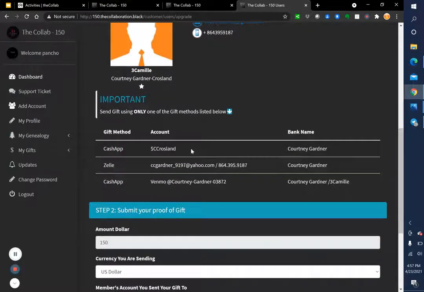Now, this person also added their 3 ways that they'd like to be gifted: Cash App, Zelle, and then there's an additional Cash App account. Oh, she added Venmo. Okay, that's fine. Either way, you just want to really pay attention to details so you know who you're sending your gift to so you can cross-reference. Remember, don't put anything in the subject line, and make sure you're able to collect this information and transcribe it